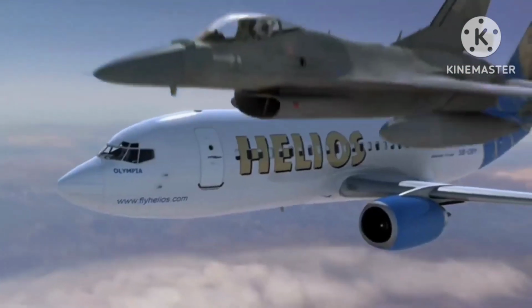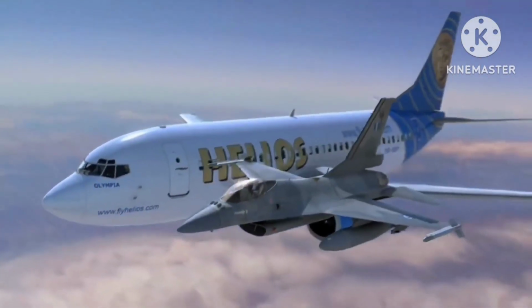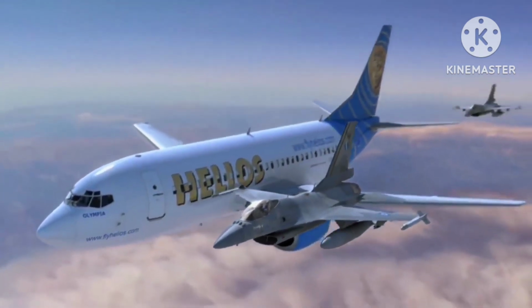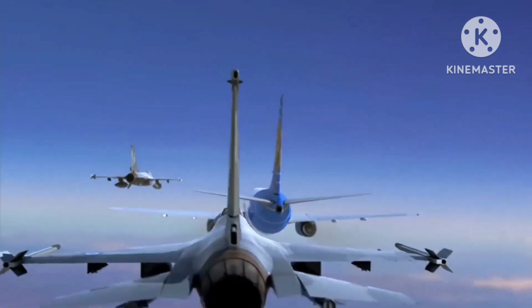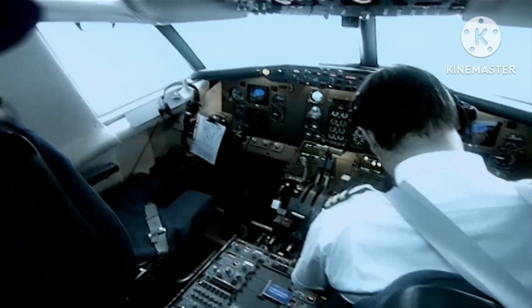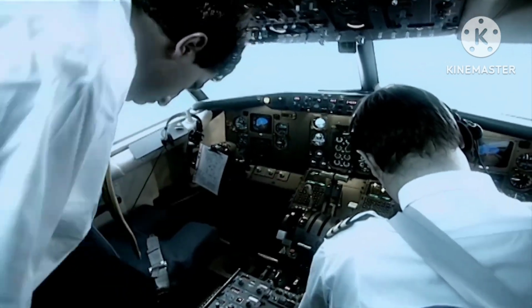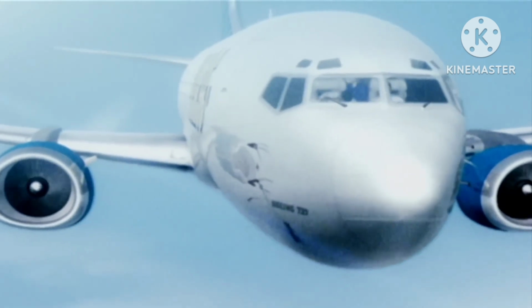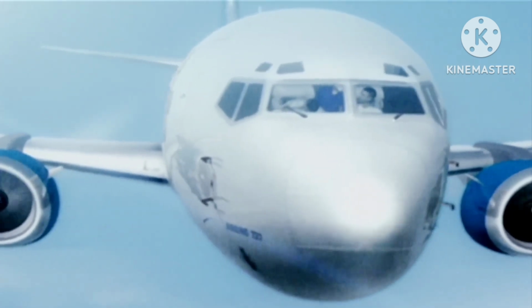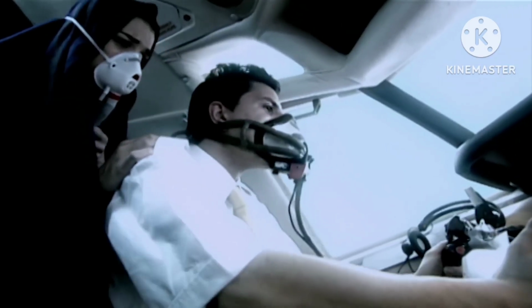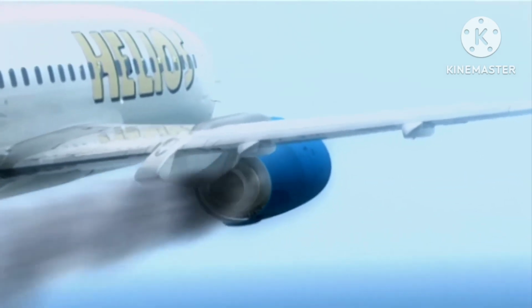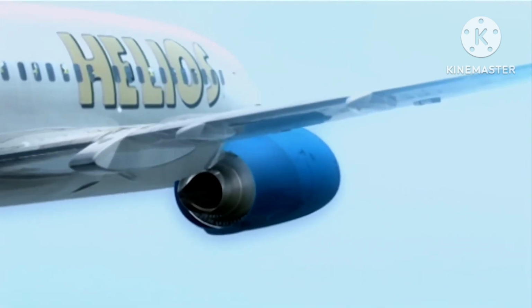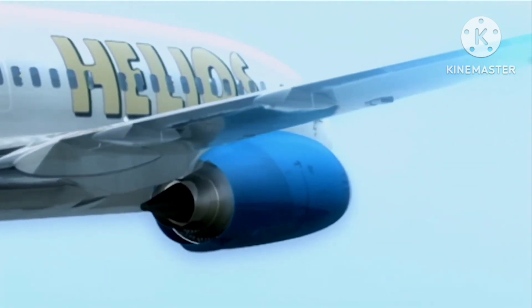Greek F-16 fighters were subsequently dispatched to intercept the unresponsive plane. Upon interception, the fighter pilots observed that both pilots in the cockpit were unconscious. Additionally, a flight attendant who potentially held a commercial pilot license but lacked specific training for the Boeing 737 entered the cockpit to assist after the pilots became incapacitated and attempted to assume control of the aircraft. He waved to the F-16 fighter pilots as they approached and attempted to signal to them.